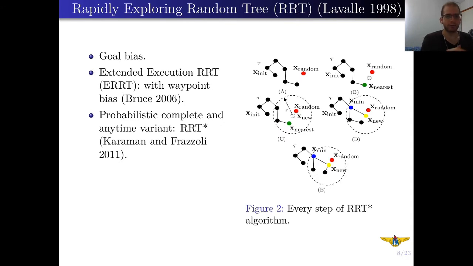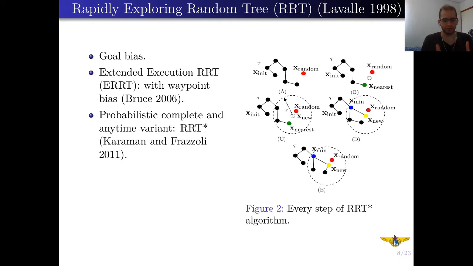The first algorithm that we are going to talk about is the RRT. RRT has a characteristic of the goal bias, which is basically the probability of your tree to grow towards the goal. You can check the main two steps of RRT in figure A and B,